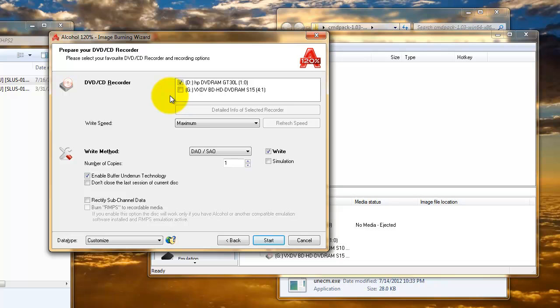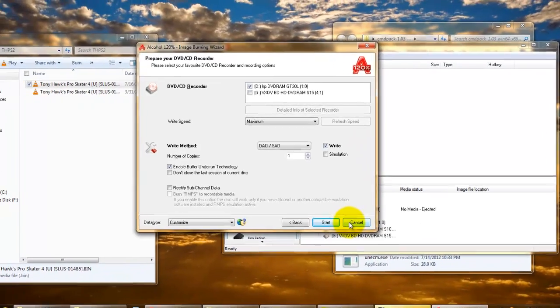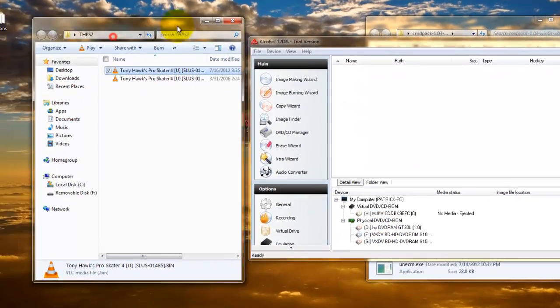It doesn't matter which type of CD, CDR, CD minus R, CD minus plus R, whatever. Really doesn't matter. You can actually do it to a DVD too if you want, if that's all you have. So you're just going to click start once you have a DVD in there. So I already have it made, so I don't need to do it again. So I'm not going to waste another DVD. So yeah. So once that is done,